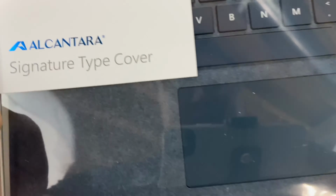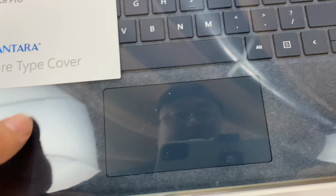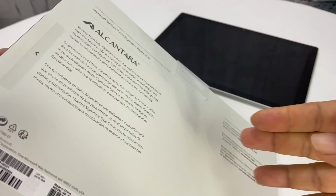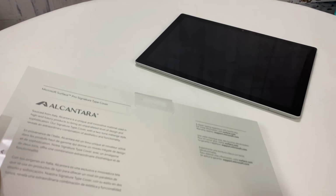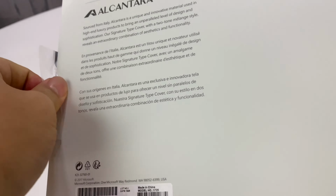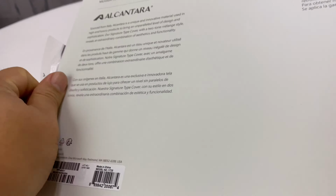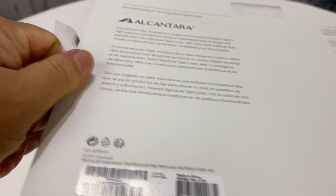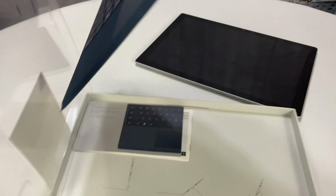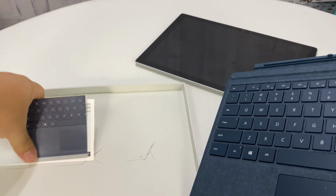It's made from Alcantara, signature type cover. I don't really like the naming of it. And you can see fairly nice packaging. Little tab here, so that's how we open it. Alcantara is great. Got it in my Maserati. It's nice and soft. Feels like suede, but it's all synthetic. Man, it's tight. But then it allows you to pull it open just like that, and we'll take out the pad. Looks like we get a little paperwork,